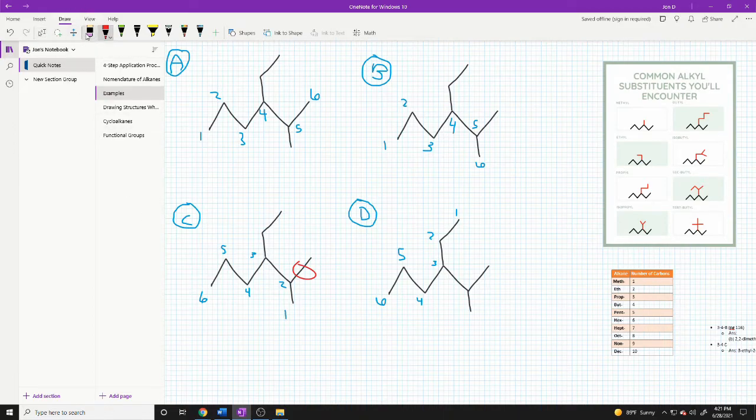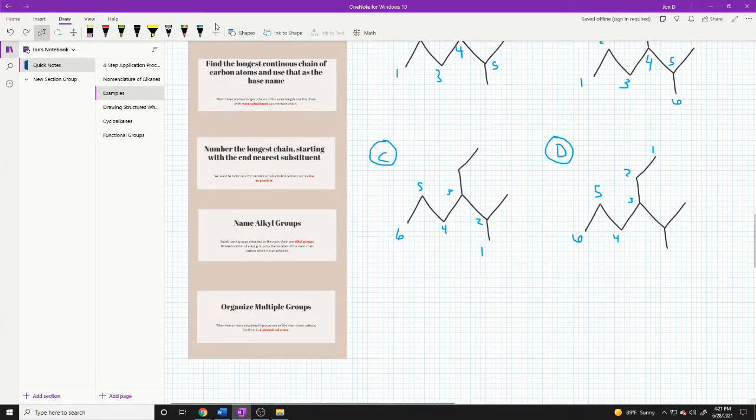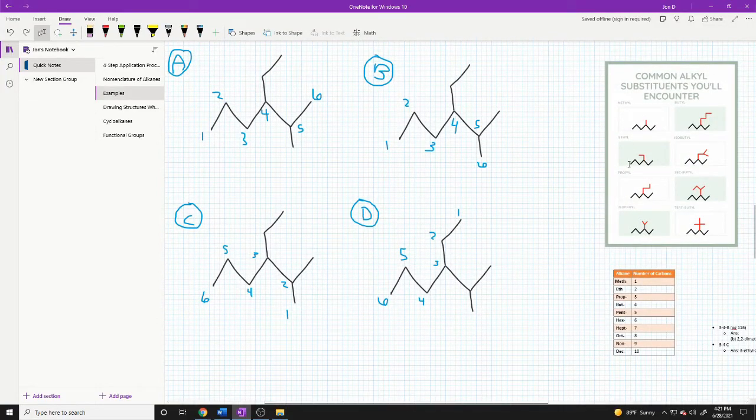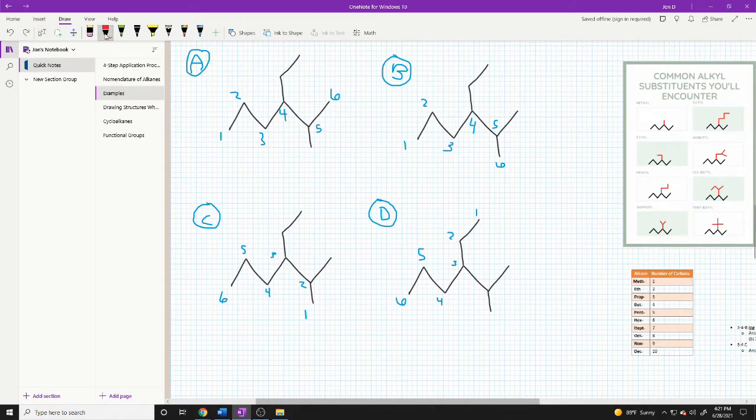Okay, and so the last step is to alphabetize the multiple groups. And because E, in terms of ethyl, comes before the M in methyl, the two substituents that we have, ethyl will be written first. And so the way that we name this is